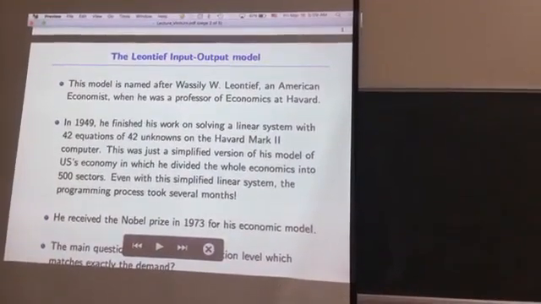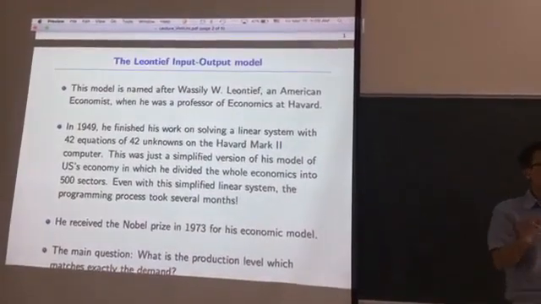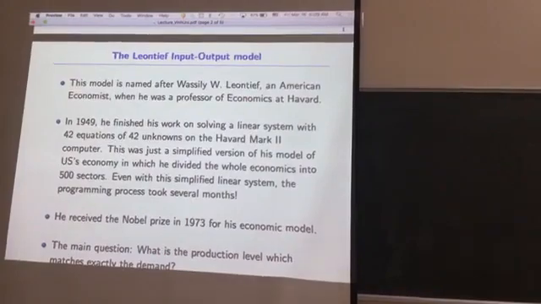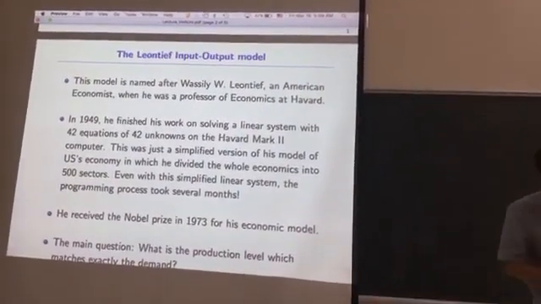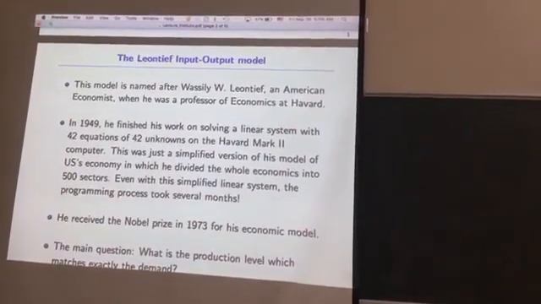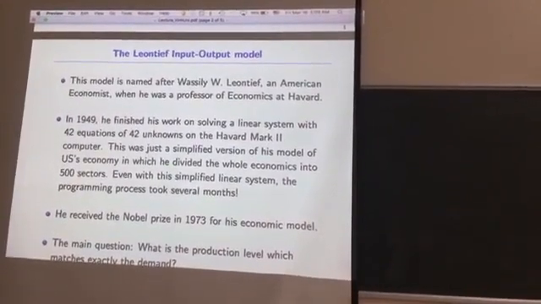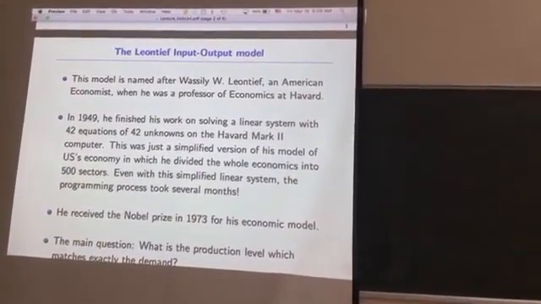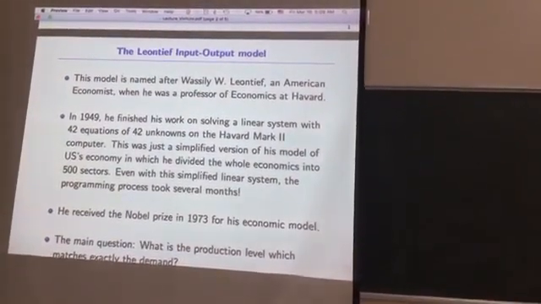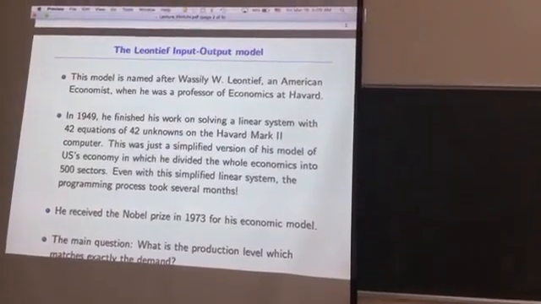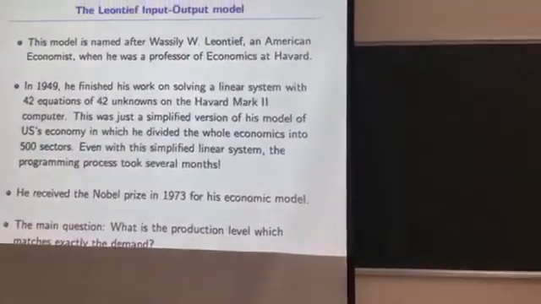In his model, Leontief divided the U.S. economy into 500 segments. For example, agriculture, manufacturers, services, a lot of types of services, like heavy industry, light industry, and so on. So he separates the whole economy into 500 different sectors. And the question he wanted to answer here